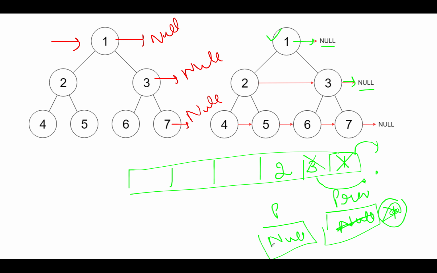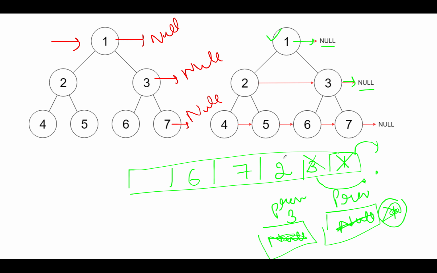Also, we'll add its children into the queue. Which node are we going to add first? We'll add the rightmost node first, followed by the left one. So 7 gets added first, followed by 6. Along with this, we will update the previous node from null to 3 because we just saw 3 in the iteration. So now the previous node holds the value 3.